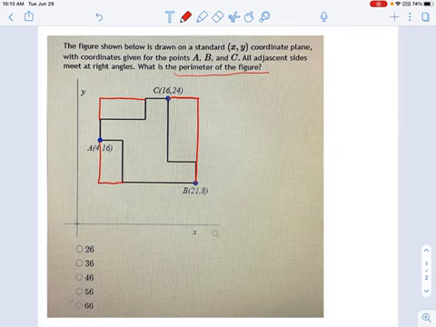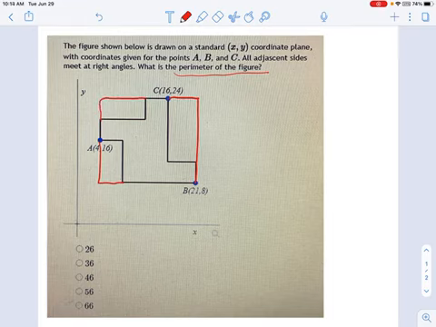Since everything is a right angle and there's no doubling back on itself, this length is equal to this one, this length is equal to this one, and so on. This length is equal to this one, this length is equal to this one, and all the way around the triangle. So, not triangle, rectangle. So what we're looking at here is really just a question where it asks, what's the perimeter of the outer shape? And we're given a few things in these points, and it really should be everything we need to calculate the perimeter in this problem. Okay, so